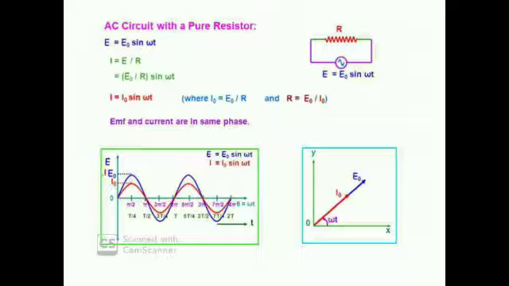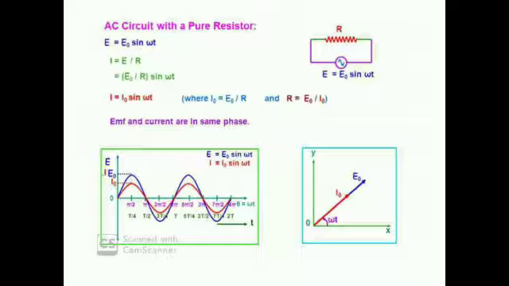From the phase of these two equations, EMF and current are in the same phase. Thus, the current and voltage rise and fall simultaneously. That is shown in the figure. Both alternating current and EMF increase or decrease according to the increase and decrease of the applied EMF